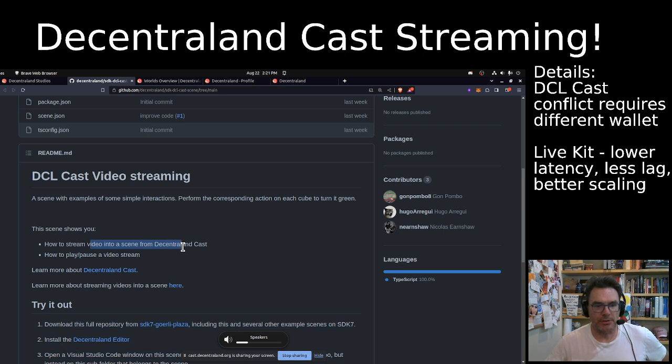It does show you how to stream into Decentraland using the DCL Cast and how to play and pause a video stream, learning more about Decentraland Cast. Okay, so